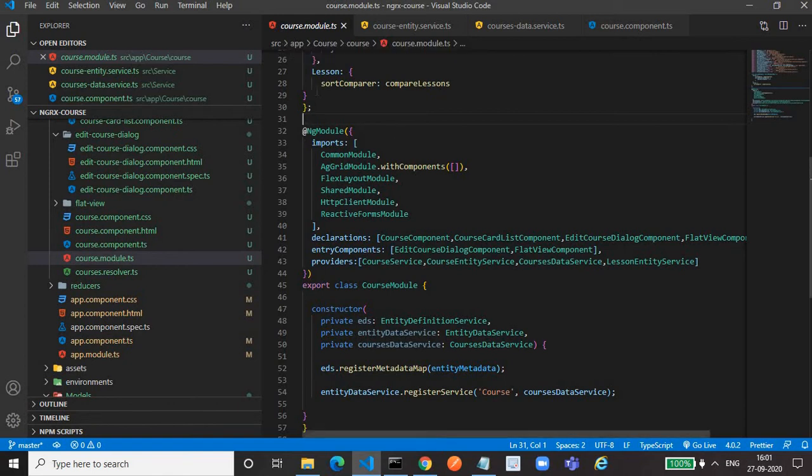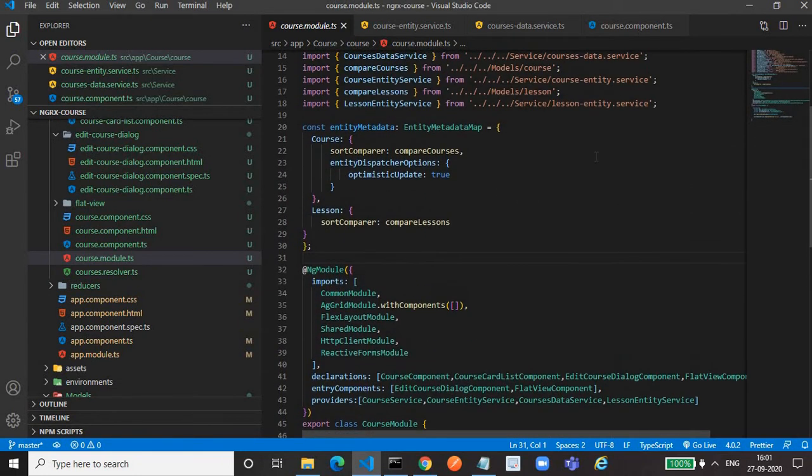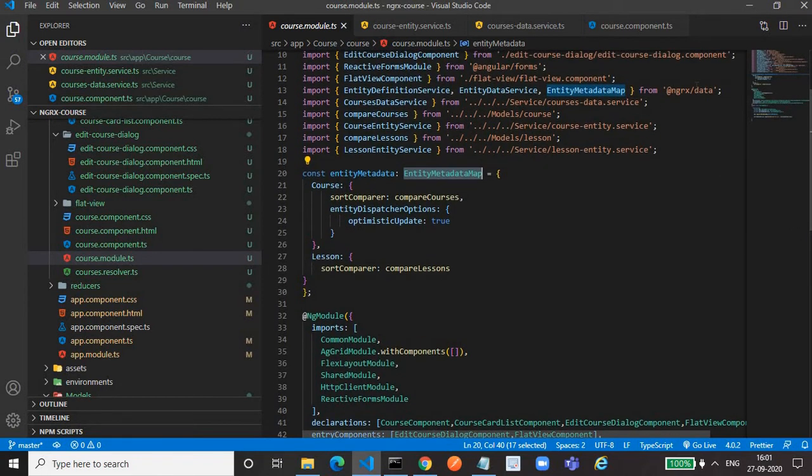So we are now in the course module.ts file. In the course module.ts file, you have to create a constant of type EntityMetadataMap. This EntityMetadataMap you have to import from ngrx/data. That's why we need to install that package.